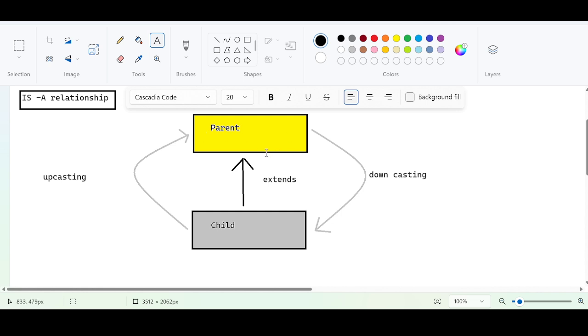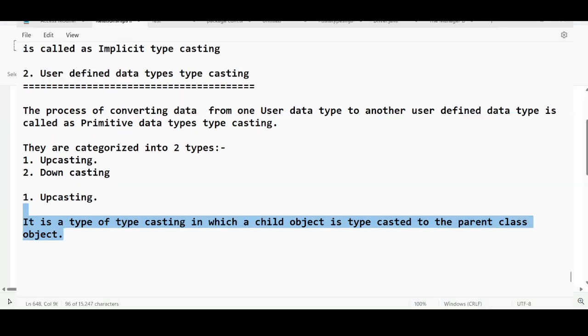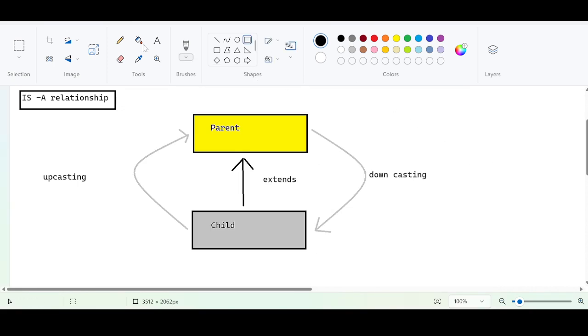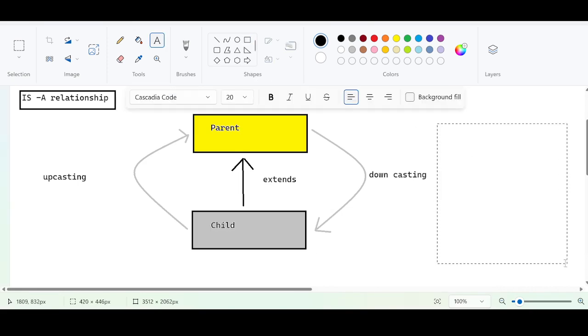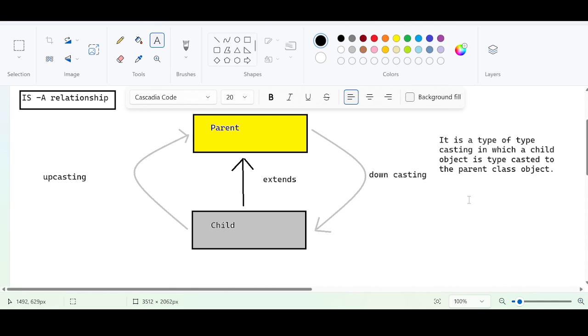Okay, how can this be imagined programmatically? Let us understand that. This is the theory. For now, just try to stick to this theory. I will clear your confusion. This is the theory, just try to stick to this theory.